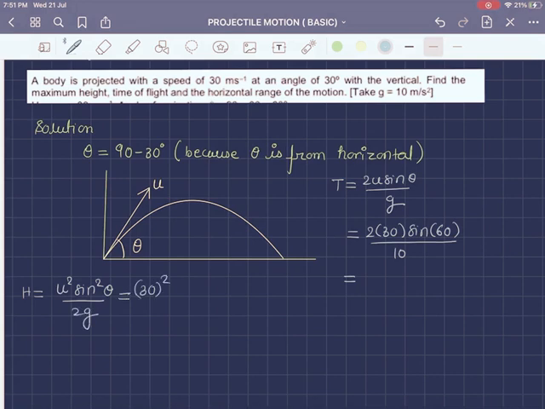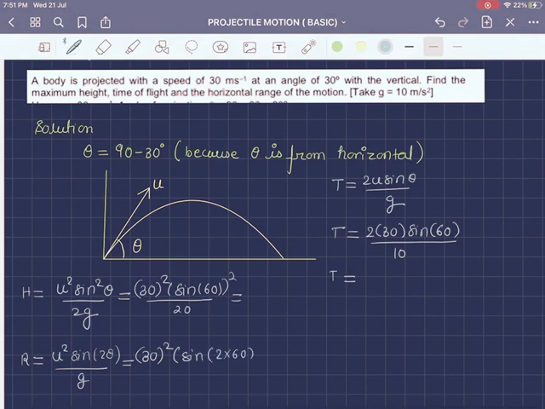When I put in the values, watch carefully, I'm writing sin 60 whole squared, sin 60, which is root 3 by 2, then whole squared. Now we are going to calculate the R, which is again the formula, and watch carefully how I put in the values. Sin 2 into 60, which means sin 120 you need to calculate here. Now the answer is going to be down below in the comments, so check it out if you have